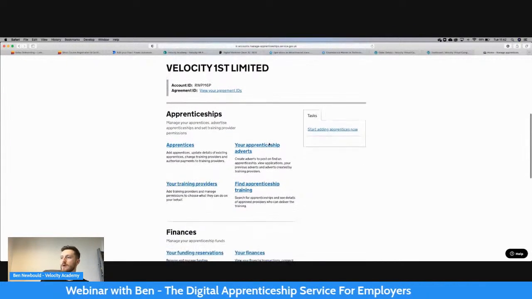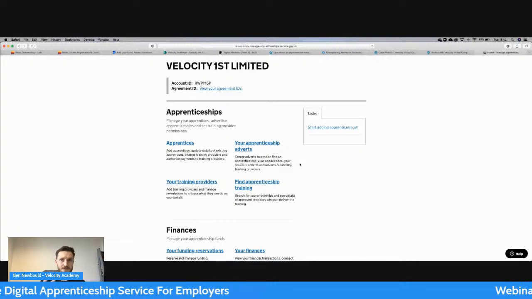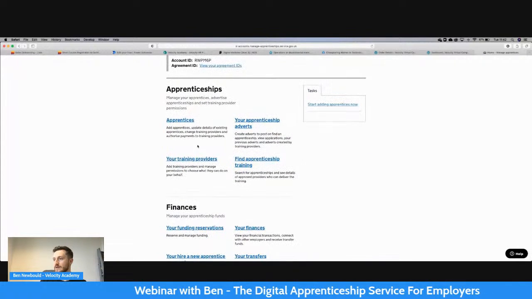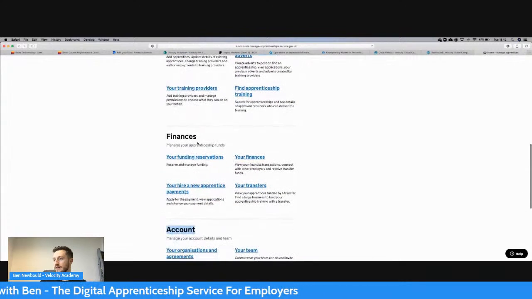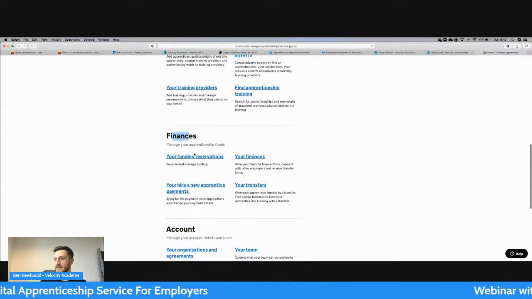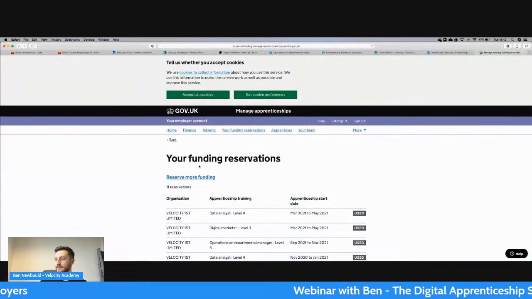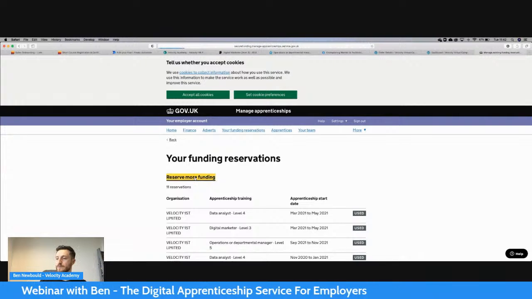So first and foremost, if you are a brand new employer and you are wanting to reserve funding for an apprentice, you would need to have a look at reserving your funding in the finance section. So you click into there, and you'll be able to see some of the funding reservations that we've got, but you can reserve funding here. So you go reserve more funding,